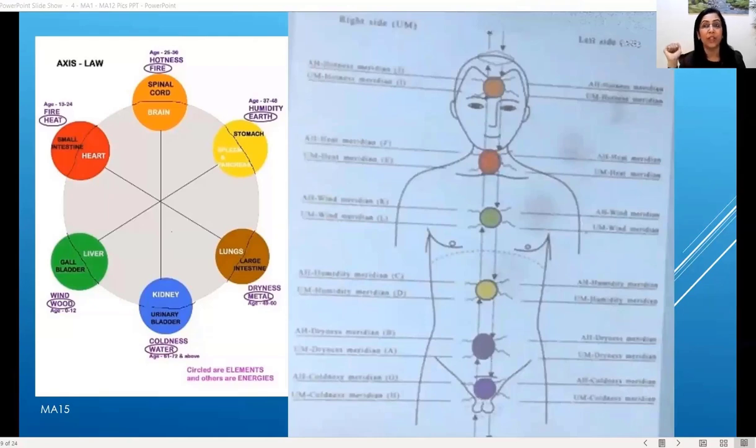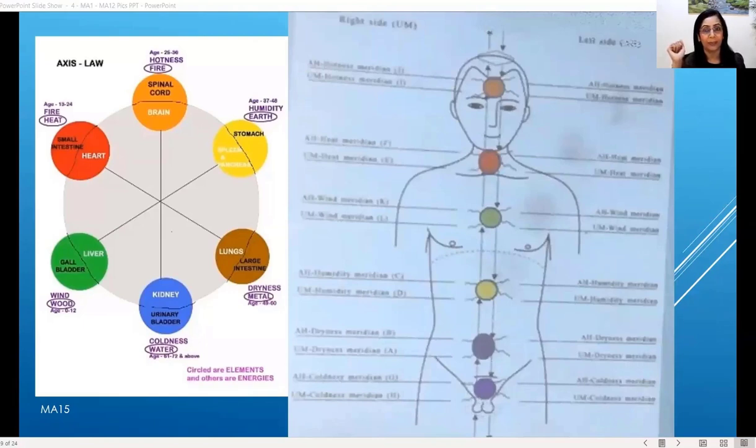The front coldness chakra is the coldness chakra, and it supplies energy to both the left and right kidney meridian. While the back coldness chakra is the coldness chakra, and it supplies energy to both the left and right UB meridian. The front wind chakra is the wind chakra, and it supplies energy to both the left and right liver meridian, while the back wind chakra is the wind chakra, and it supplies energy to both the left and right